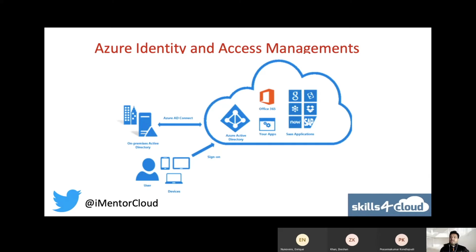So that's in a nutshell, right? It could be G Suite, for example. We are talking about Microsoft Azure, and most of the companies I've been helping over the last many years, I've been helping them migrate to Office 365. Then you need to go to the next, which is security.